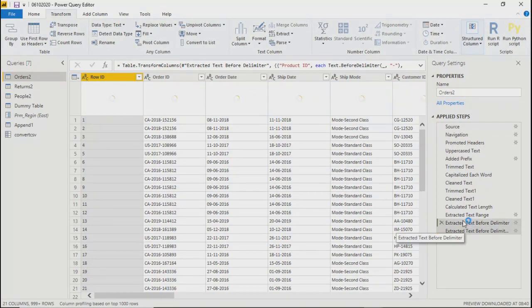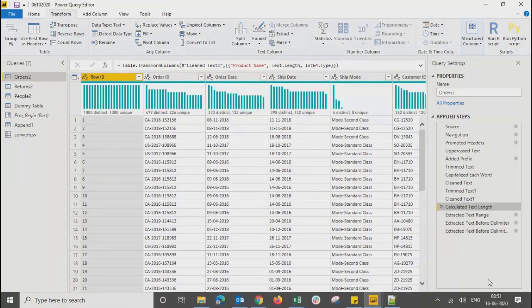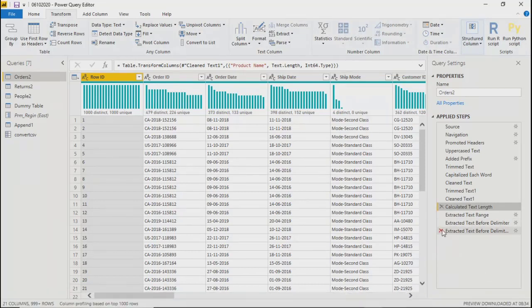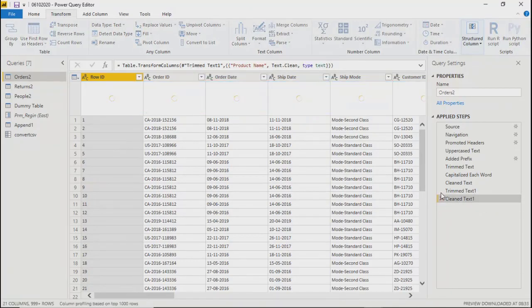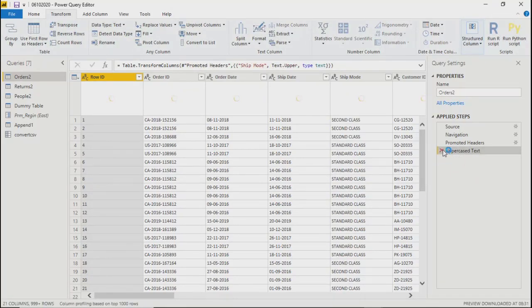We have changed most of our fields, and that is why the visuals, which use the last step, are failing: in the last step we have already changed many things. If you remove all these steps and convert the data back into its original shape, you will start getting the visualizations once again.